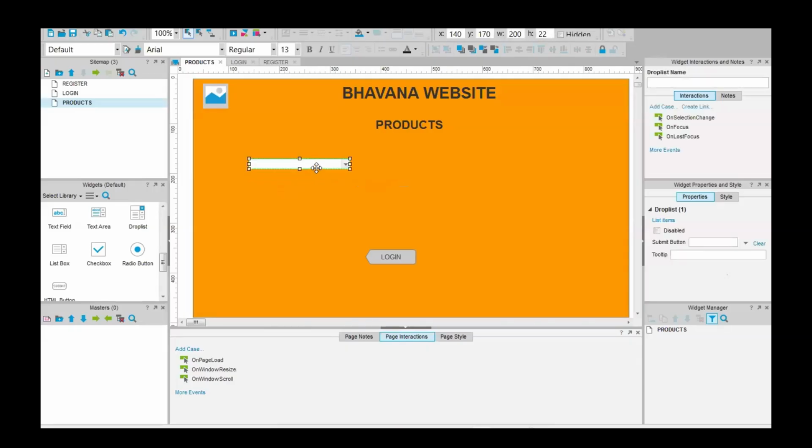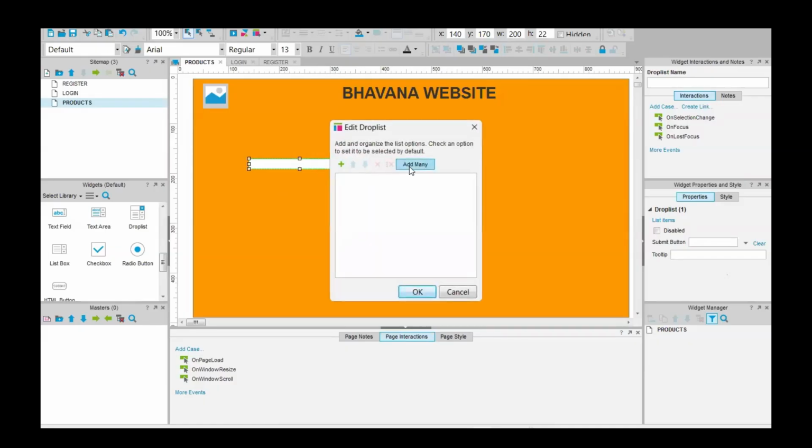Like previously we have mentioned furniture, but we did not describe what kind of furniture it is. So here I will describe that. Okay, double click on this, add many. So first of all we need to give furnitures. And in this furnitures, what are there? Tables and chairs, and next, dining table,